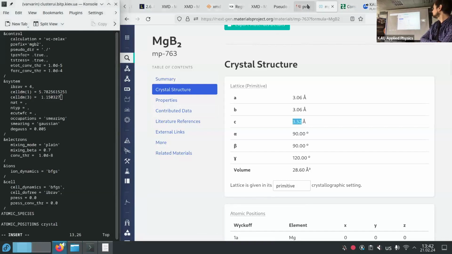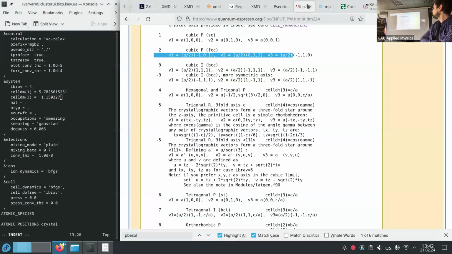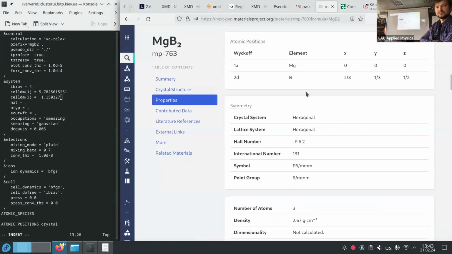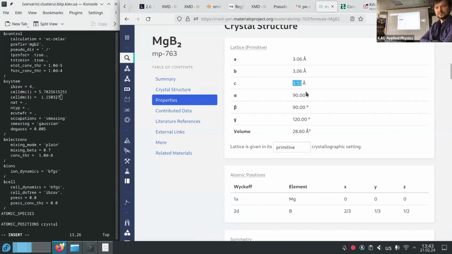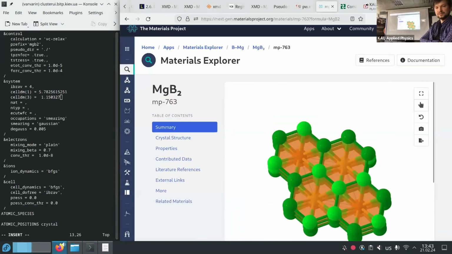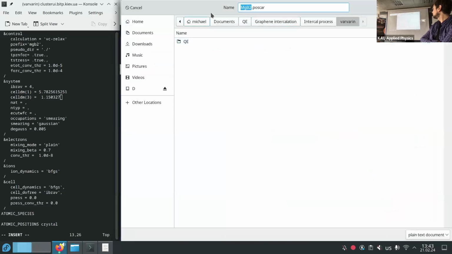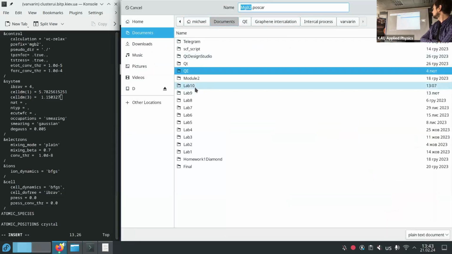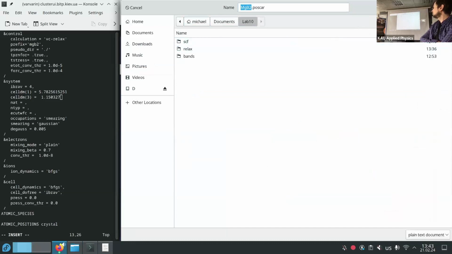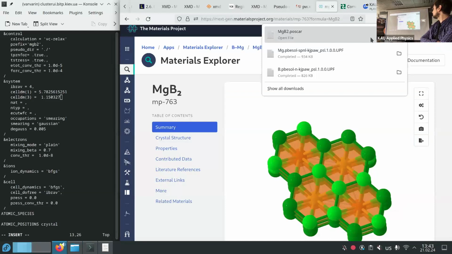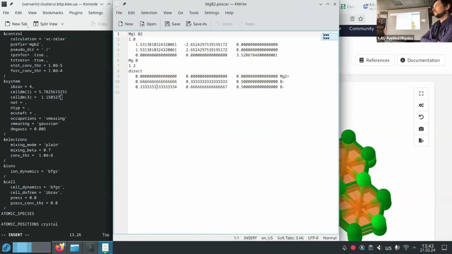That's probably enough for 7. Celldm(3) is defined by C over A. Next, the number of atoms. Coordinates: what we can do is export the POSCAR.